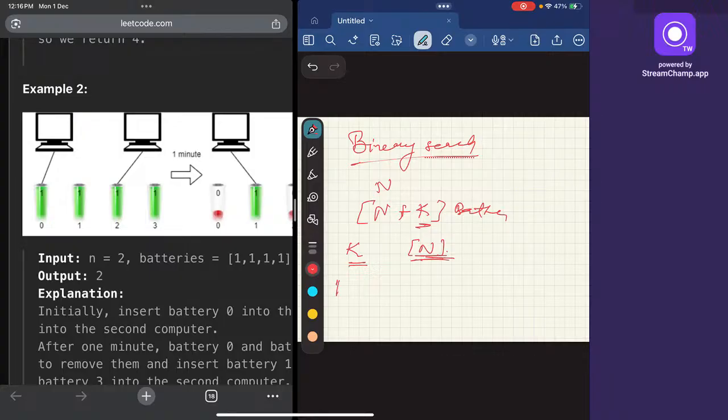For a time t, let's assume time t, can it run for time exactly t, or at least t? So we will check the count. Say we assume battery percentage x. If battery percentage is less than t, what we can do, we will run for x minutes and we will give